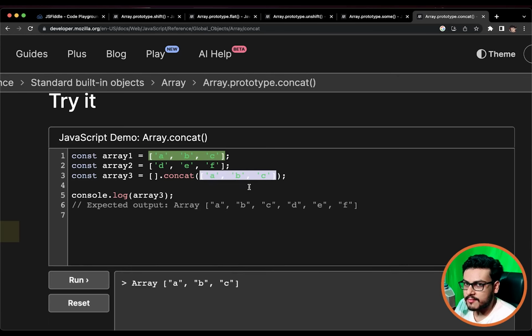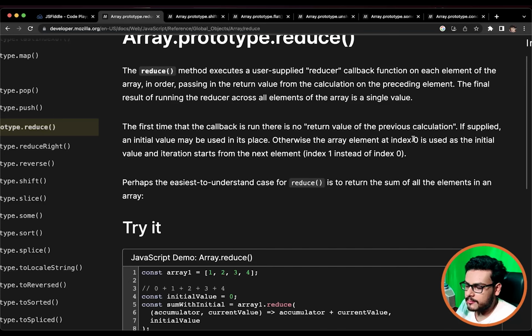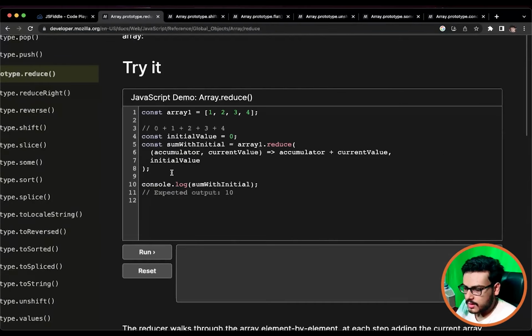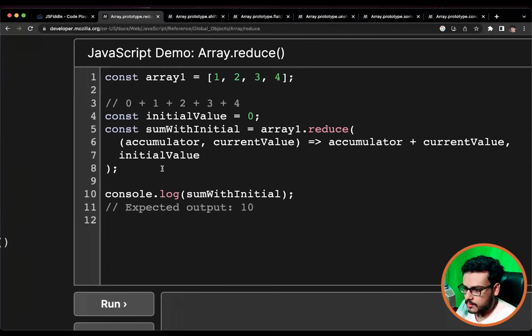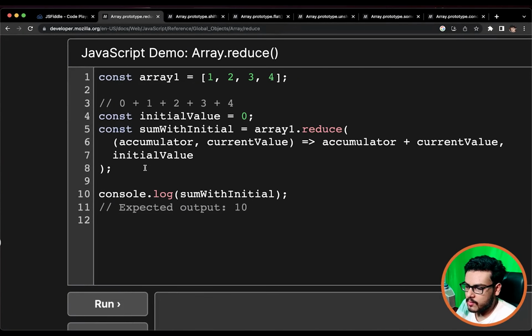The final result of running the reducer across all the elements is a single value. The first time the callback is run, there is no return value from the previous calculation. If supplied, an initial value may be used in its place. Otherwise, the array element at index 0 is used as an initial value. So let us come to this particular example over here, and let's say I initially want to add or sum